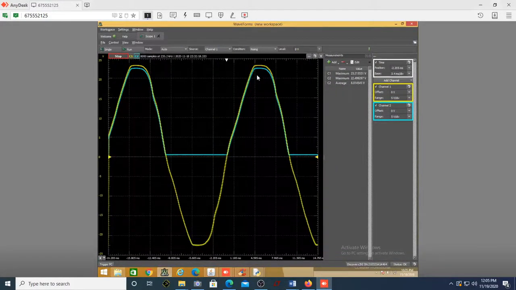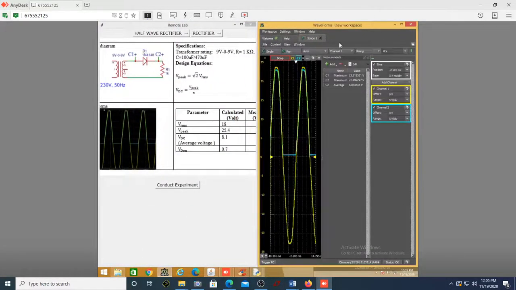It is not a perfect sine wave because of this non-sinusoidal waveform. You have a slight difference of the average voltage, so that is fine. Of course, it is very close: 8.81 volts versus 7.15, with a slight difference. It is due to that. You can see that it's not a pure sine wave. And let us see how the filter is going to work out.